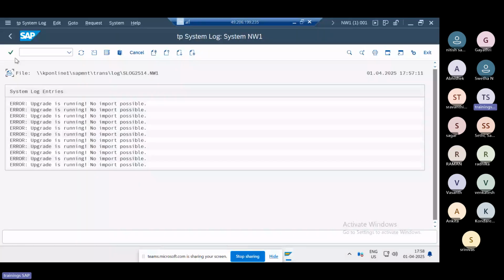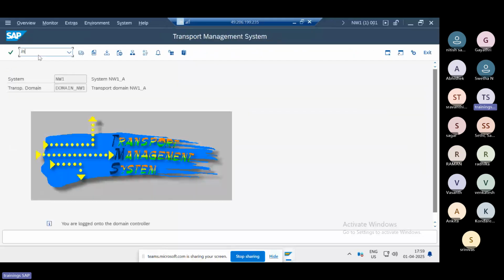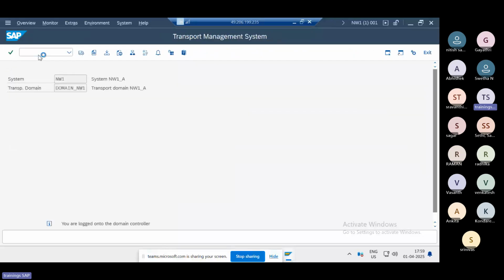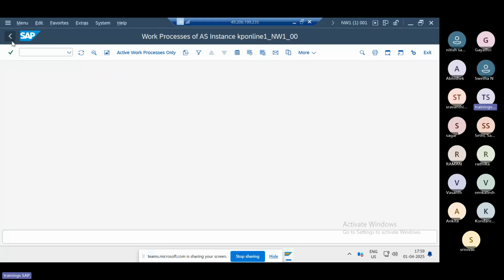So something like an error message, we say upgrade is running, no import possible. So someone is doing something in the system here. So let's see what's happening in the system first of all. Job is not running means there should be a background job work process. There are free background work processes in the system here, right? That is the main thing. It is fine. So then check the